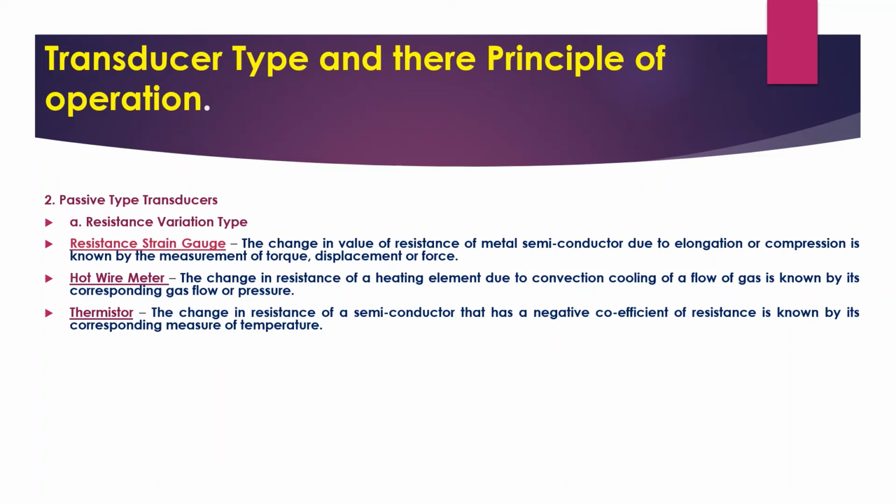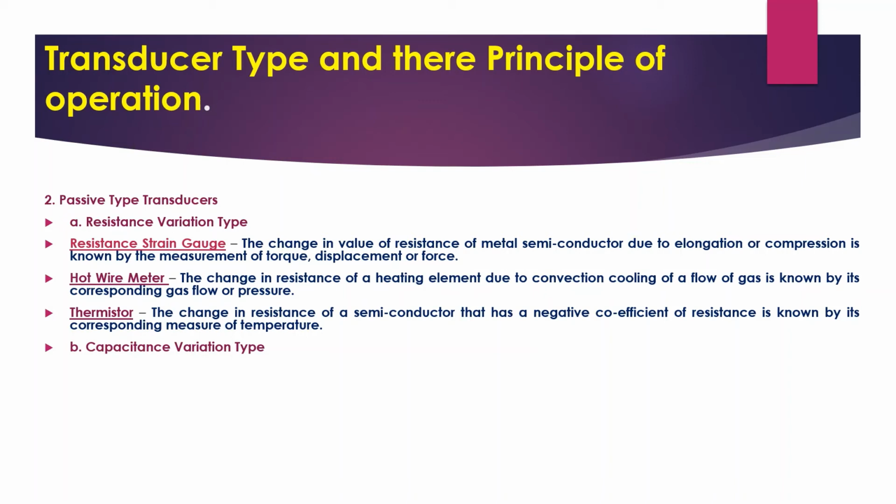So what will happen is, as the temperature increases, the resistance of the thermistor decreases, and the variation in the value of resistance will change the electrical parameter of the circuit of which they are part of. That means the electrical parameter, that may be current, voltage or frequency, will be directly proportional to the change in the temperature. So temperature is converted into electrical quantity. So this is all about passive transducer. Next is capacitive.